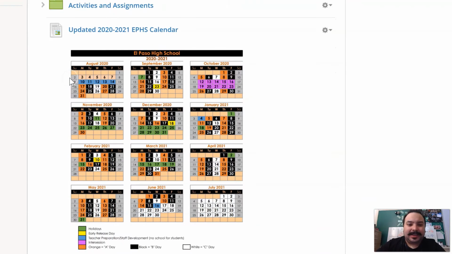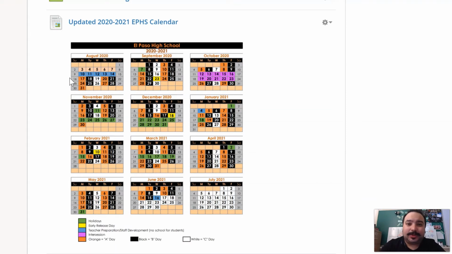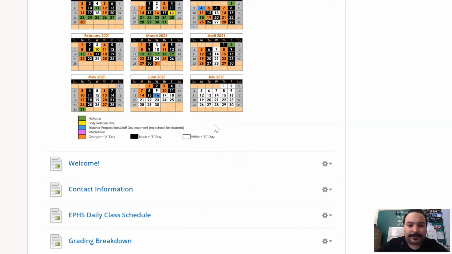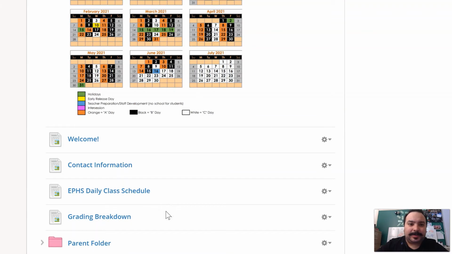Here we also have the updated 2020-2021 EPHS calendar, so you can be aware of which days are which, when we have breaks, etc. Further down the page we have some contact information, my original welcome, the daily class schedule, and a grading breakdown of my class. Now at the very bottom is the parent folder, which is for you, of course,